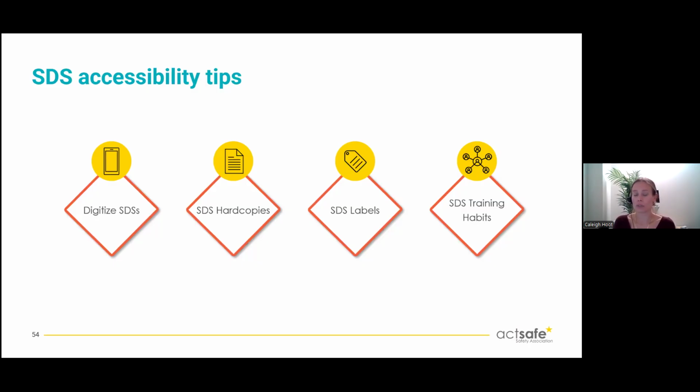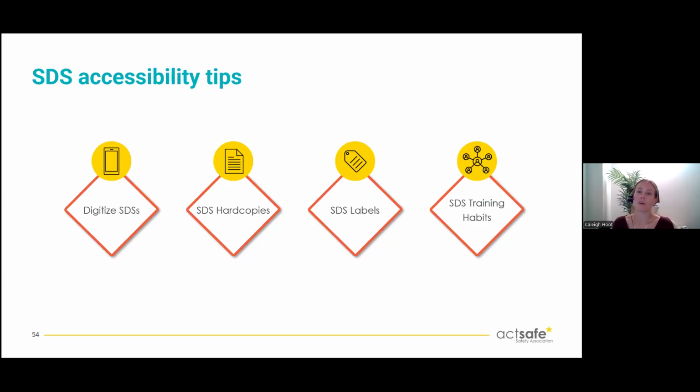So this also helps your new crews and your day calls to quickly confirm what they're handling. So in our industry, we've got a lot of new people filtering through, maybe there's not enough time to train them on everything that they need to know. But if you can get across the fact that here's your SDS sheet, any product you use, please take a look at it before you use it, get familiar with it, we can prevent a lot of unnecessary exposures that way.